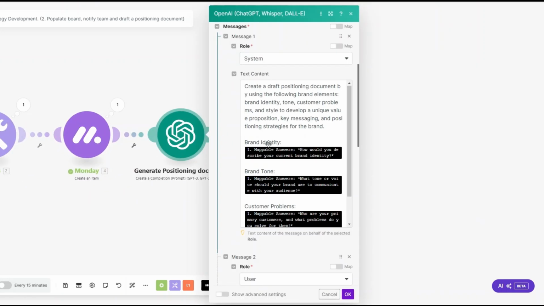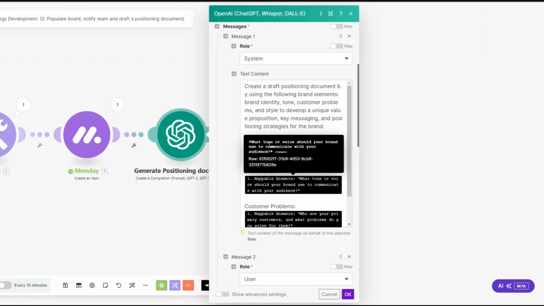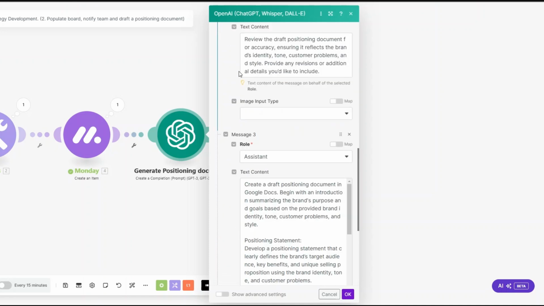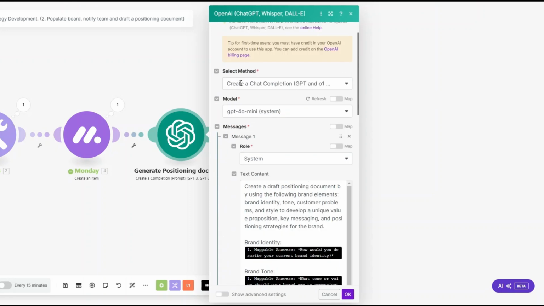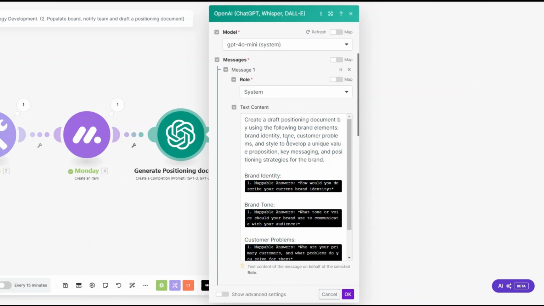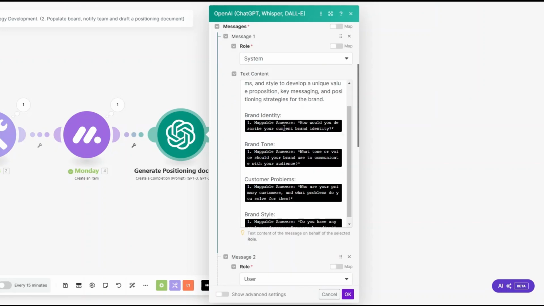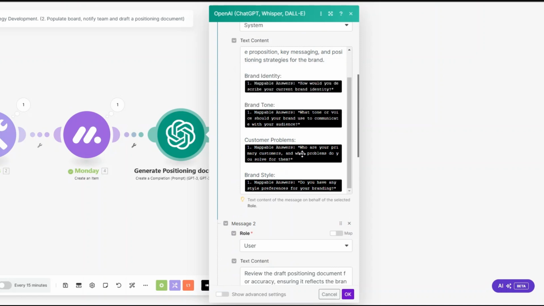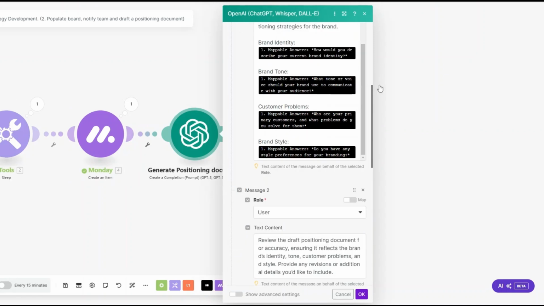And then we can instruct ChatGPT to create a draft positioning document for us by adding prompts for the different roles. The first role, we're going to choose system, and then the prompt we're telling ChatGPT to create a draft positioning document by using the following brand elements: the brand entity, the tone, customer problems, and style to develop a unique value proposition, key messaging, and positioning strategies for the brand. Here we add in the brand identity, the brand tone, the customer problem, and the brand style that the client